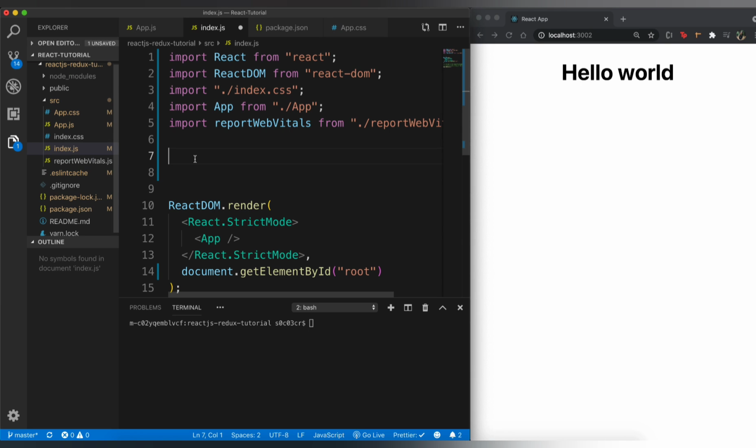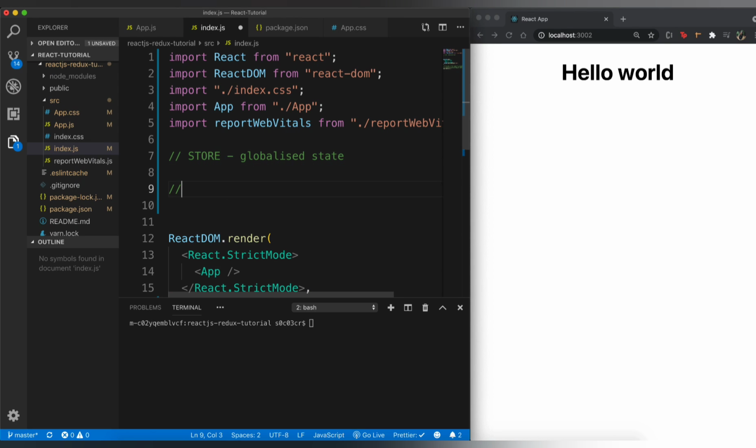What are these components? The first thing is basically a store. Now what is a store? A store is the place where you're going to store all your data. This is the globalized state, right? So I'm just going to write it here. This is the globalized state where all your state is going to reside, and this store can be used by various components, right? Any component that wants to use the state will get it from the store. So your store is a globalized state. All right.